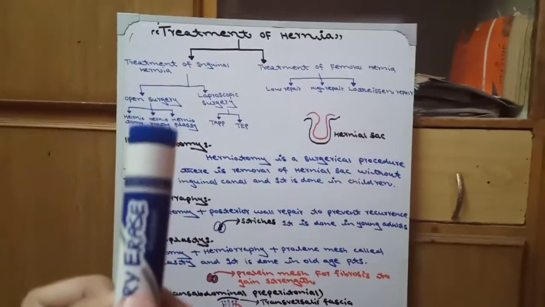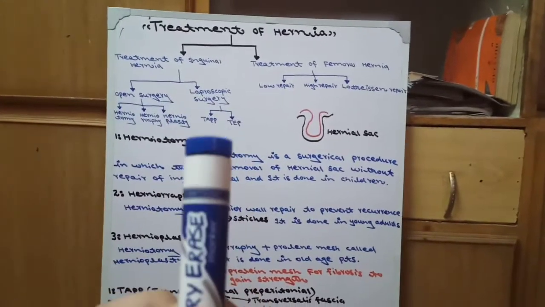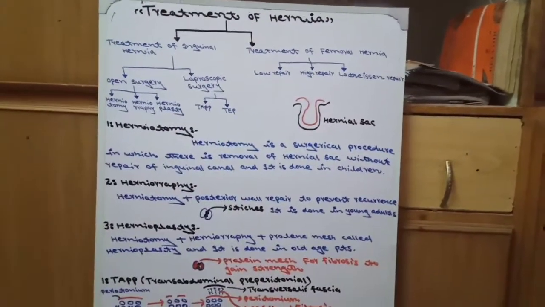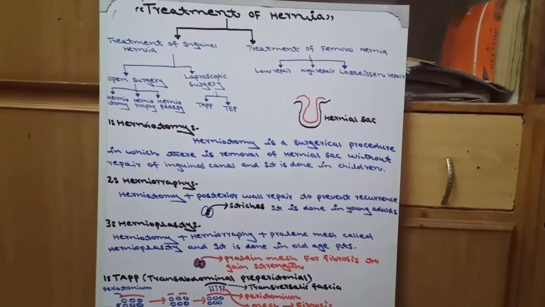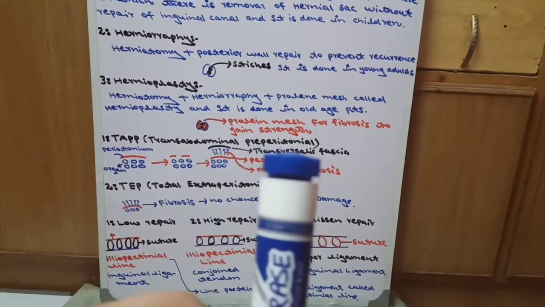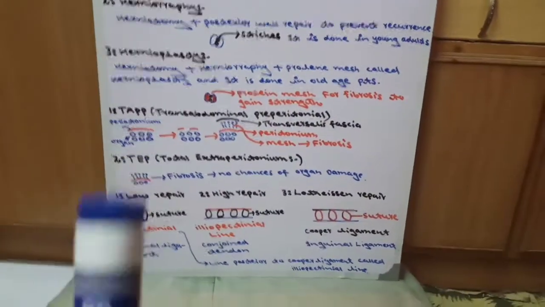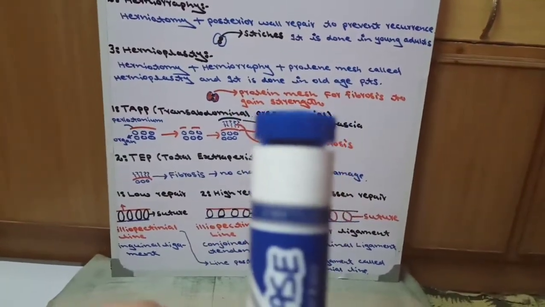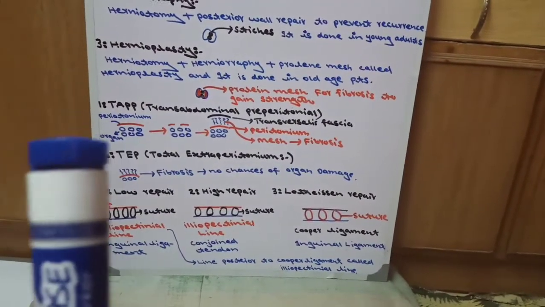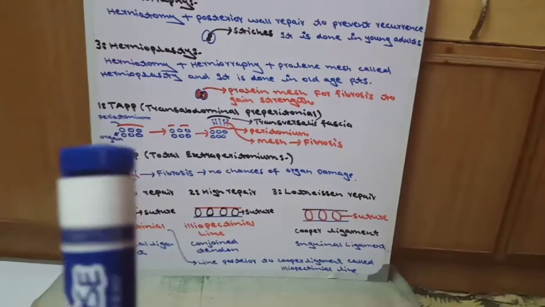Now open surgery is completed. Now come to the laparoscopic surgery. The first method in laparoscopic surgery is TAPP, transabdominal preperitoneum. In the transabdominal preperitoneal laparoscopic procedure, the blue shows the organ and the